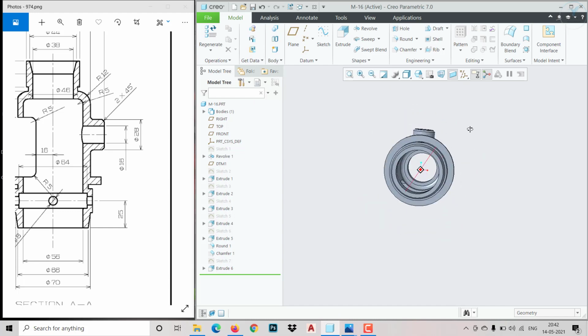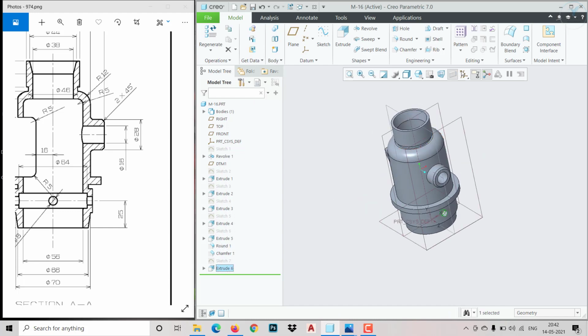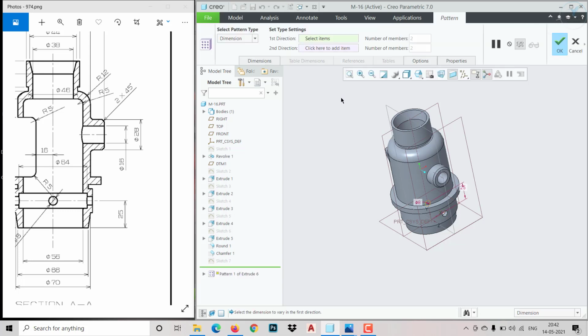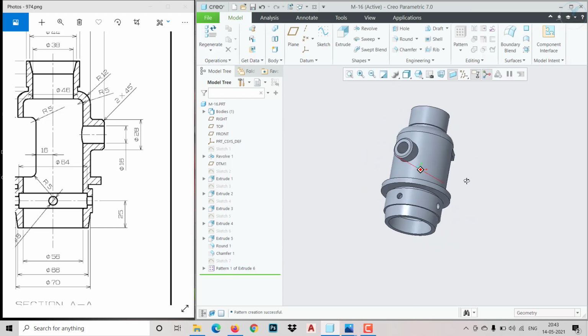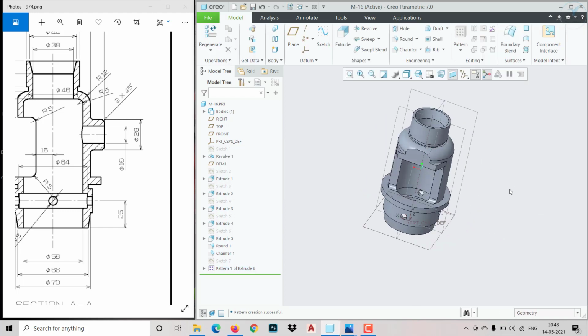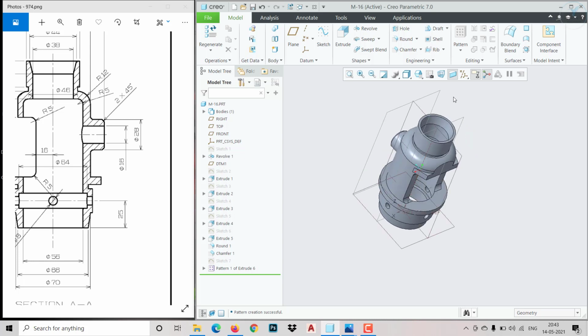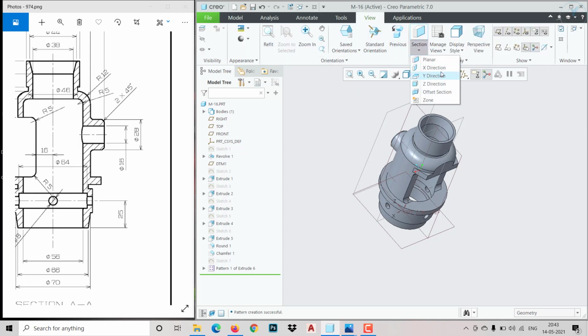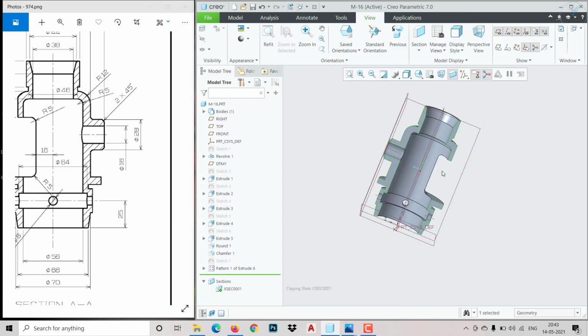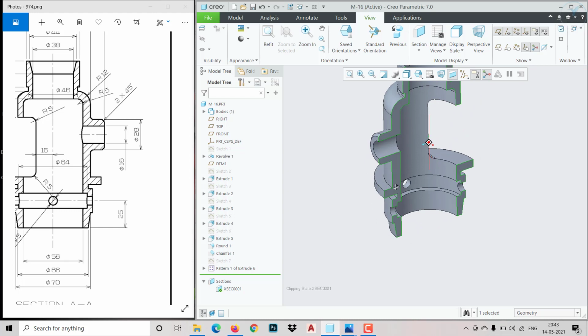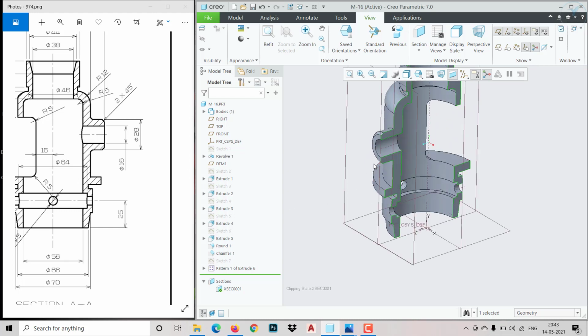So now you can use a pattern for that, as circular pattern. So click on pattern and choose axis, because we need to revolve at the center. So for exactly 90 we require. Fine, then click OK. So we got it also. Fine. So let me show the section how it is looking as we created. Okay. So the exact model, as you can see over here, we have created exactly.